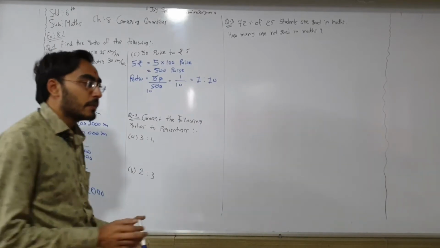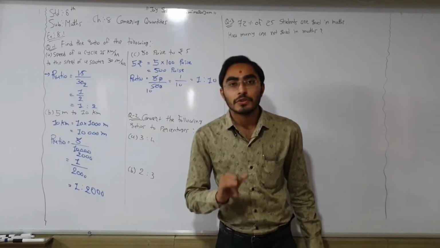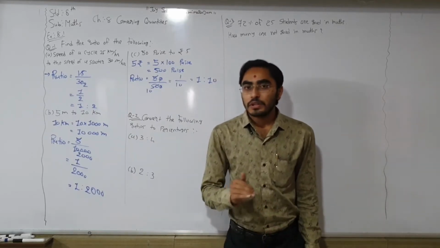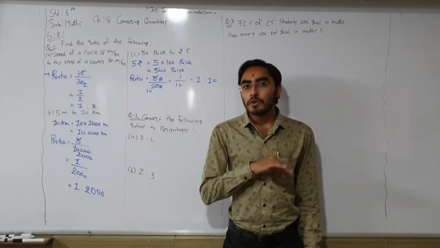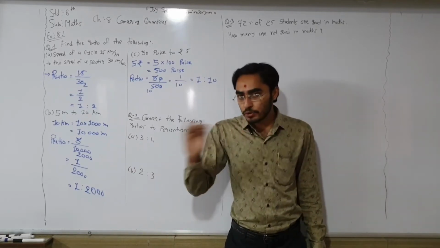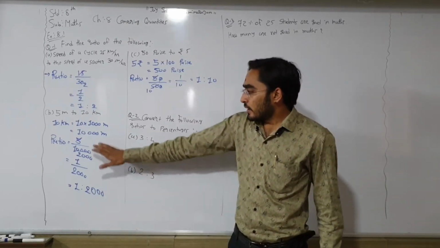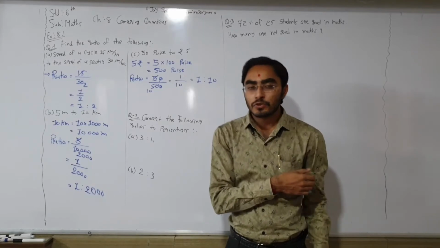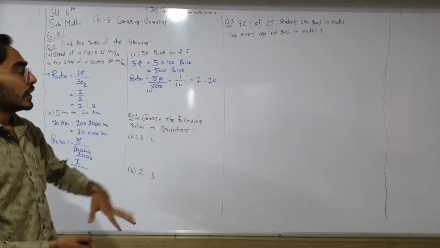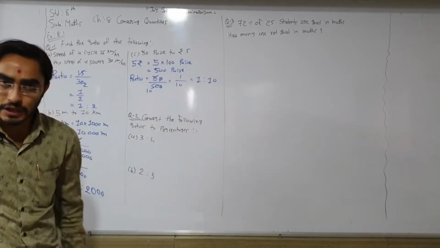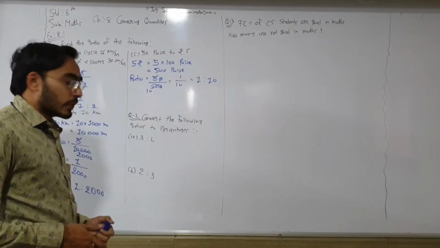So if we want to find the ratio, what do we need to do? We need to make the same unit. Our first work is to make the same unit, and for that we convert the big unit into the small unit. After that we can find the ratio by using the division process, and at last we also write it with the colon, that means 1:10. Now let's move forward.